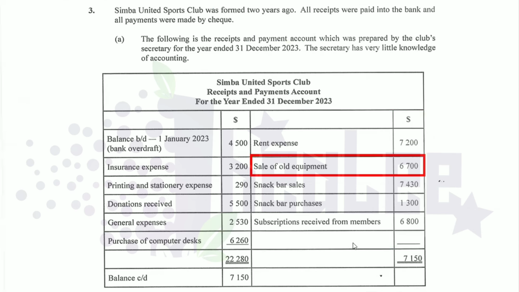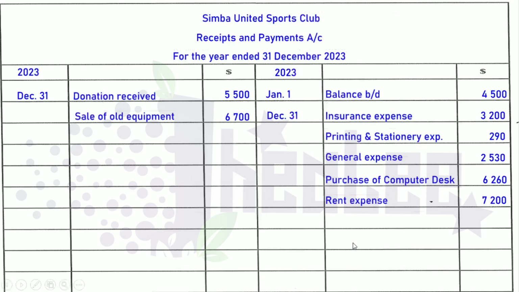Next item is snack bar sales. And it means that if you're selling something, again, the business is receiving the value in return. So that's an increase in the bank account, and therefore means that we should record that on the receipt side of the receipts and payments account. So that should be debited. So let's enter that. Snack bar sales, 7,430. Again, remember, ensure that you double check the values as you transfer them in the corrected